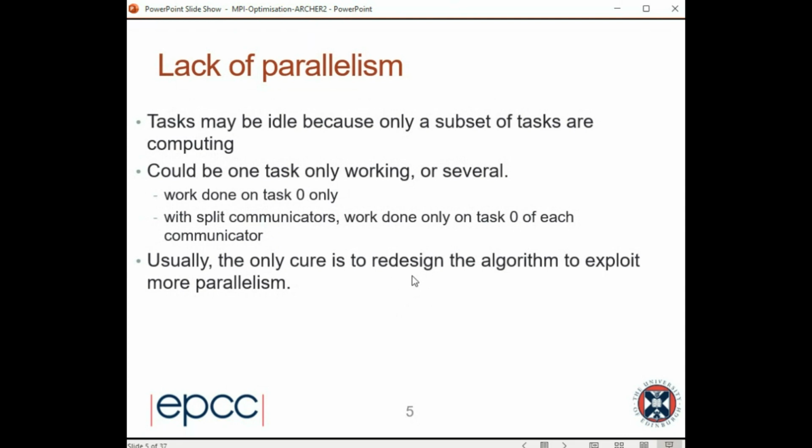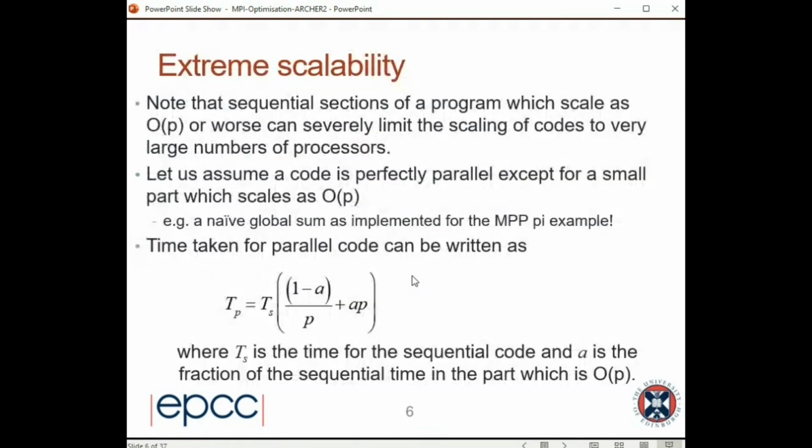The standard way, your first port of call for doing I/O, is to collect all the data onto a single process, say process 0, rank 0, for rank 0 to write out all the data. That is not scalable for a whole bunch of reasons. So if parallel I/O is your limitation, you want to look at MPI-IO or other libraries like HDF5, which are also parallel, or a more modern one called ADIOS. Parallel I/O does have solutions to somewhat reduce that. Otherwise, you're going to have to look at redesigning your algorithm.